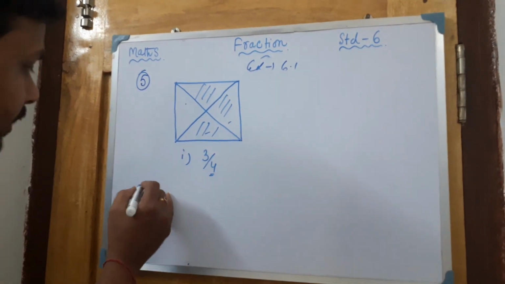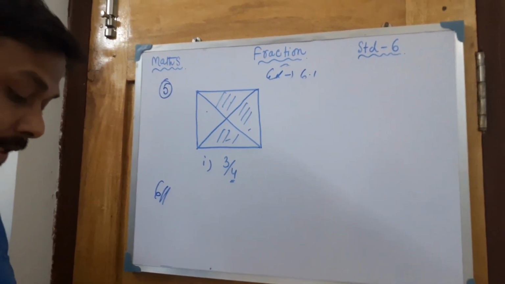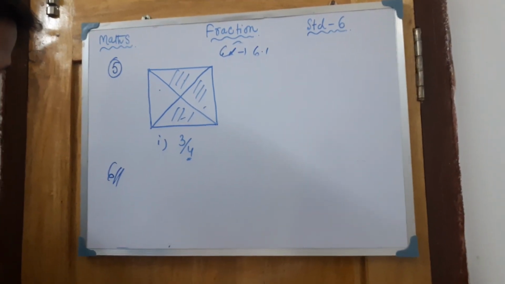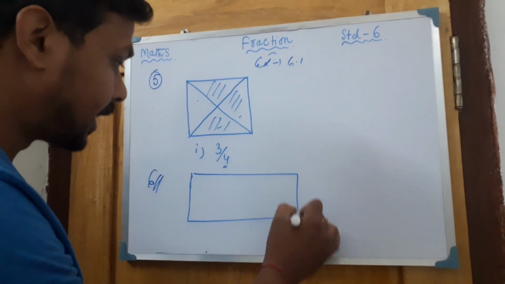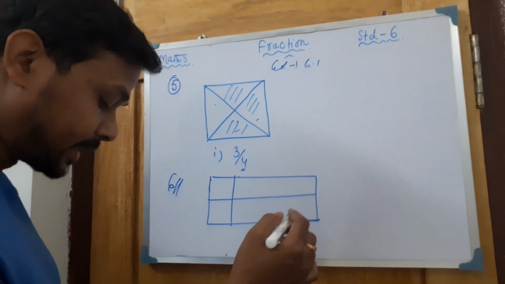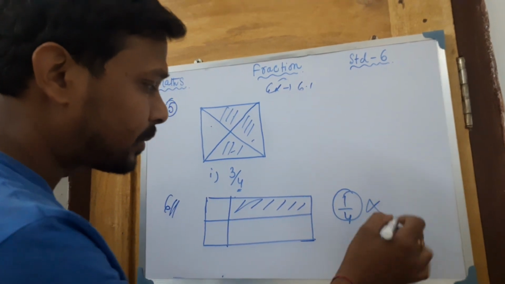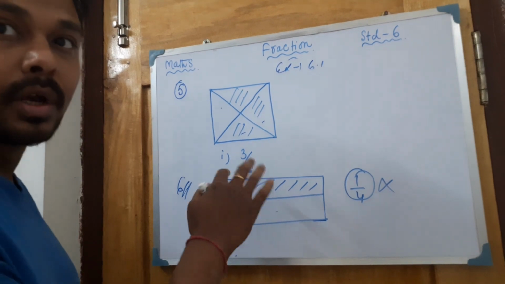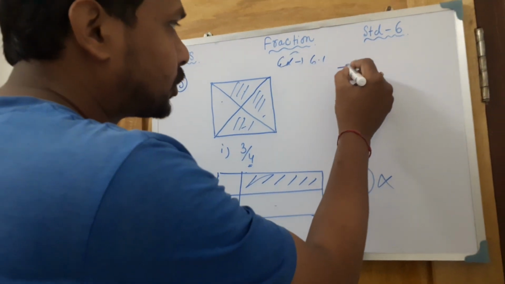Now the next question, question number 6, which says that in the adjoining figure, if you say the shaded region is 1/4 of the whole region, then identify the error in this one. This type of diagram is given. This type of diagram cannot be told as a fraction like that. Okay, this portion is shaded, and they are telling this is 1/4. This is wrong, because all are not equal parts. This part, this part, this and this, all are not actually equal.